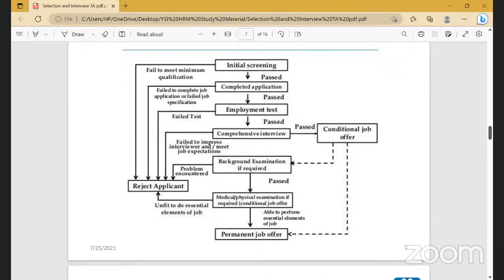But again, a structured interview process will happen when at every level, like you are seeing on the screen, at the time of initial screening or the employment test or the comprehensive interview, what we are checking, what kind of assessment and evaluation each employee is doing, that has to be very clear. मान लेते हैं 3 लेवल का हम इंटरव्यू ले रहे हैं ऑर्गेनाइजेशन में. पहला लिया साक्षी ने at the entry level, which is initial screening. सेकेंड लेवल पर अंजलि बैठी है to do the employment test because she is trained into that. Then comprehensive interview के time पे शिवांग है, the senior most, because he is more popular and he understands all those things.